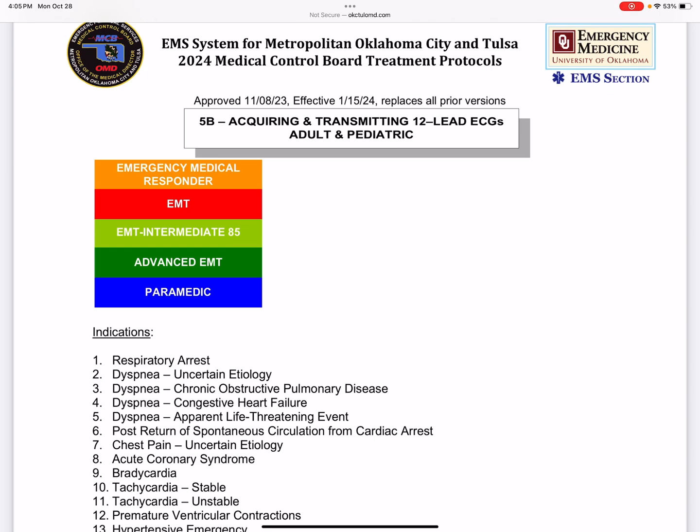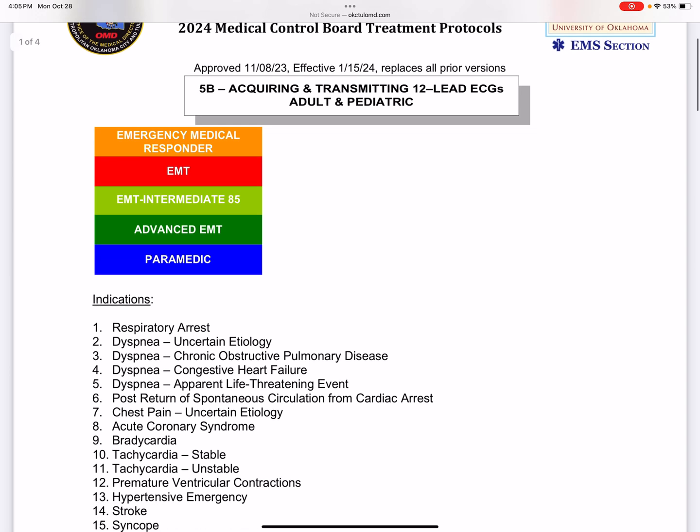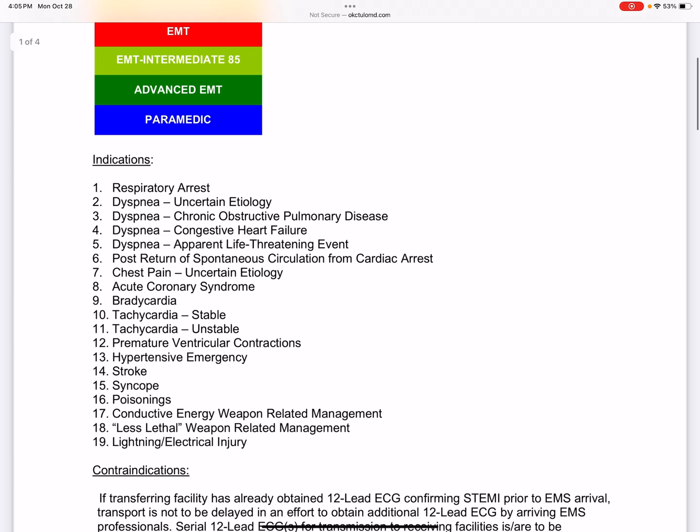So here we're going to go over Section 5B. It's acquiring and transmitting 12-lead ECGs for adults and pediatrics. We have 19 indications on when we would want to obtain a 12-lead. Respiratory rest, dyspnea, chest pain, ACS,